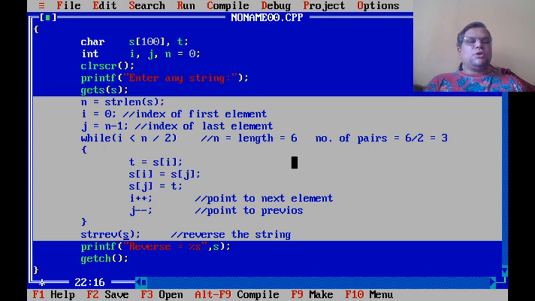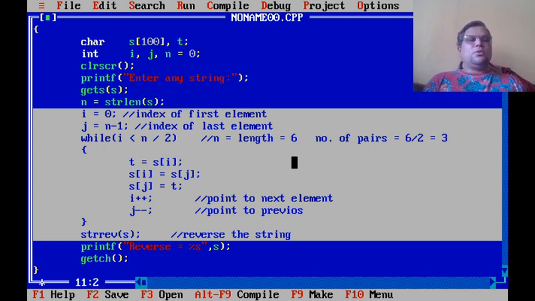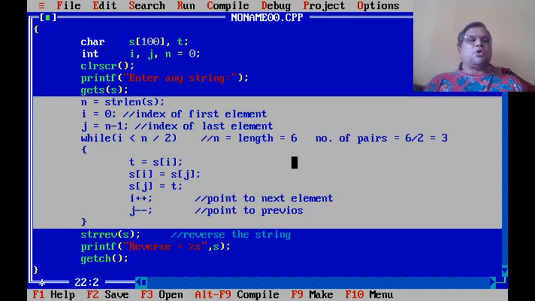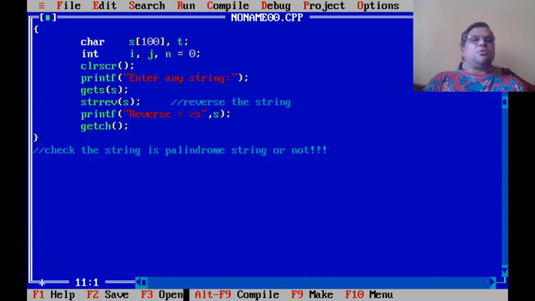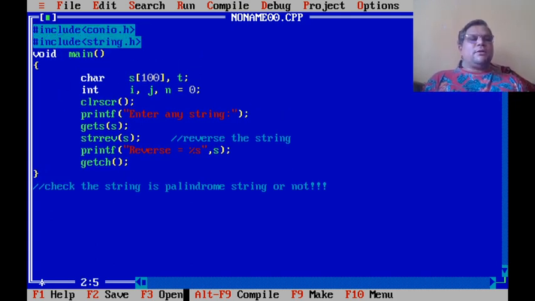That means we will lose the original one. So this command is equivalent to this set of commands that we used to reverse the given string. So this complete block of commands can be replaced by a single command, strrev. So let me delete this block and keep only this command, that is strrev in bracket S. This will also find the reverse of the given string. And this function strrev is also present in the header file string.h.